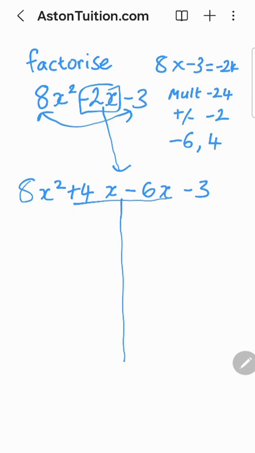But the reason I did do it the other way around was so you know that sometimes you might need to swap them around if it doesn't factorize. So 4x and then 2x plus 1, and then factorize the right side. You can take out minus 3 and then